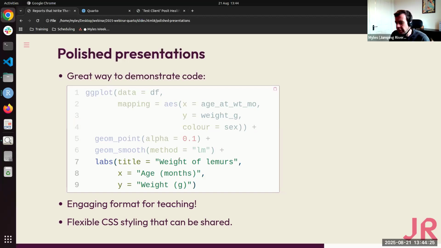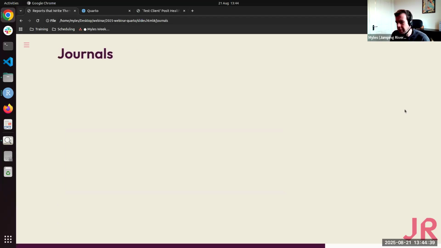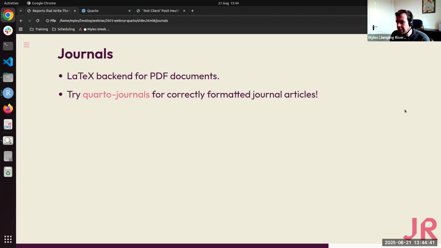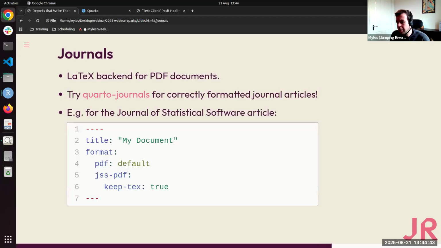You can also use CSS styling. So if you know anything about CSS, you can use that to style everything from the font types to the font sizes to the colors to the logos. And like I said, there are some pre-built CSS templates that you can use. I've already mentioned journals. Quarto is using LaTeX as its backend by default to create PDF documents.